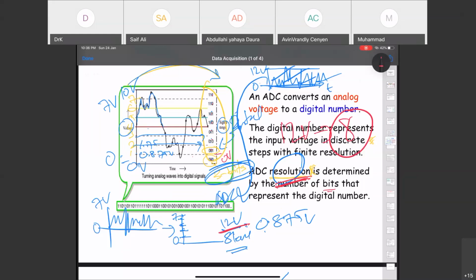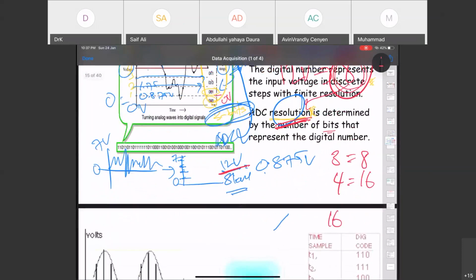Because the capturing elements depend very much on the resolution here, if I give you 3 bits, I will have 8 storage. If I give you 4 bits, I will have 16 storage. If I give you 16 bits, I will have